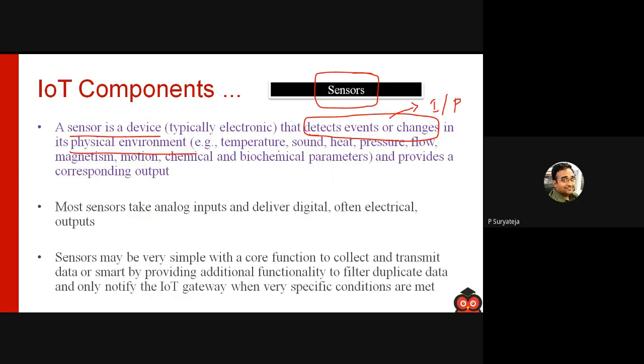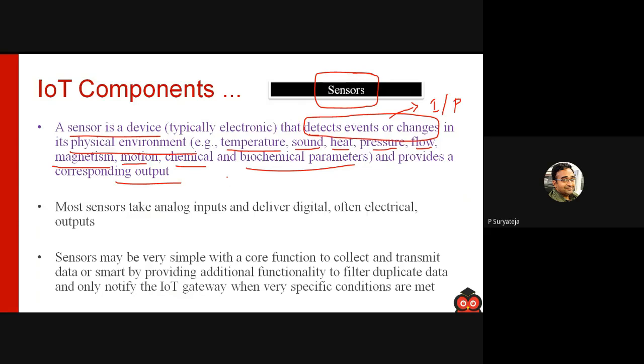Some forms of physical phenomena are given as examples here: temperature, sound, heat, pressure, flow, that is like water flow, magnetism, motion, chemical and biochemical parameters. It will sense those things and give some kind of output. Don't get confused between the actuation output and this output.